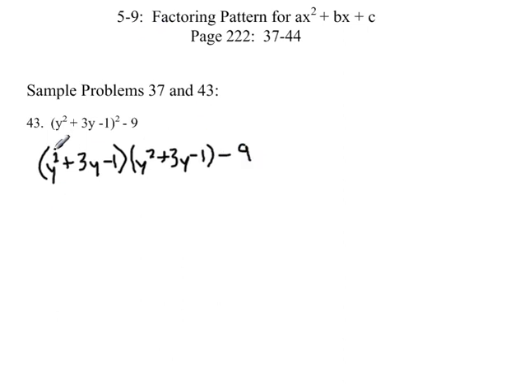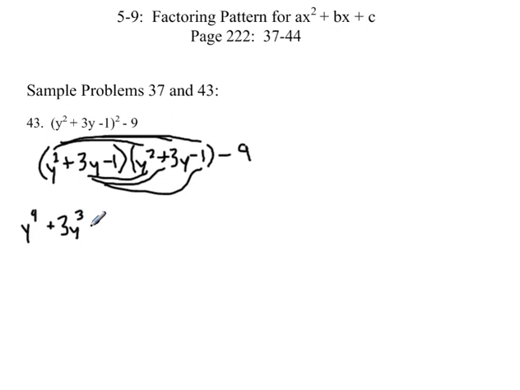So you're going to start with y squared and you're going to distribute that to all three terms. Then you'll go back and do the same thing with 3y, and then you'll repeat the process with negative 1. So what you'll have is y to the fourth plus 3y to the third minus y squared. Now we're going to go back to the 3y and do it again, plus 3y cubed